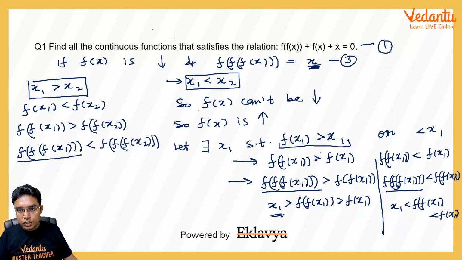So once again you can check, we started with f of x1 to be less than x1, but we got x1 to be less than f of x1. So that means f of x equal to x is the only solution